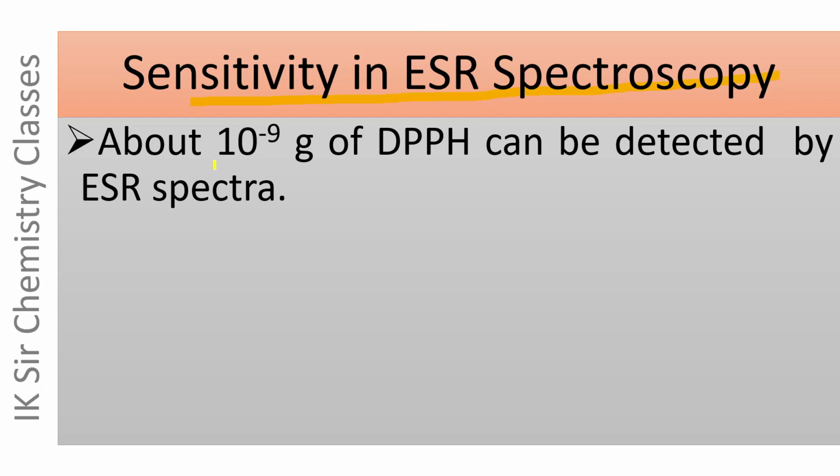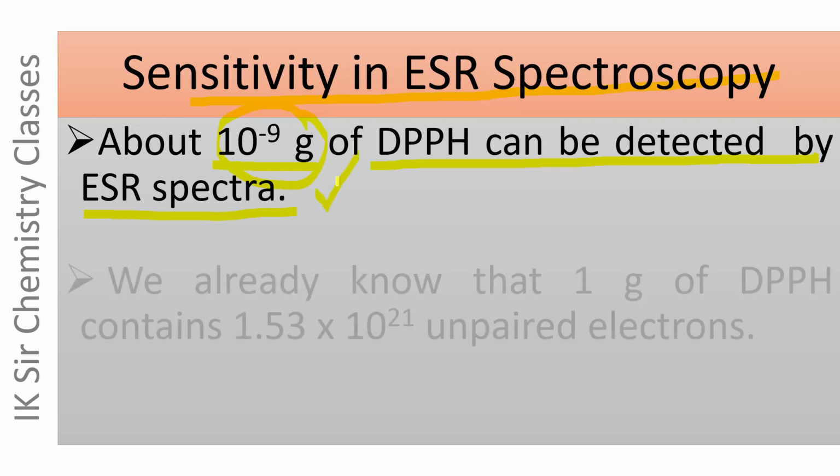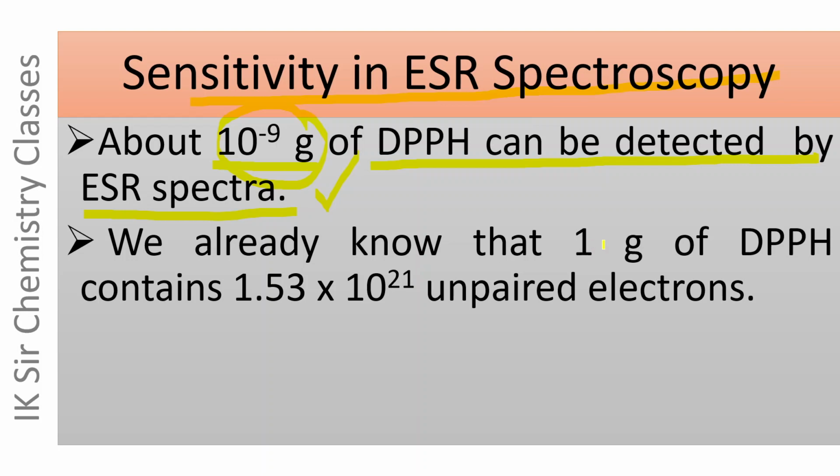About 10 to the power minus 9 gram of diphenyl picryl hydrazine can be detected by ESR spectra. This very small amount, 10 to the power minus 9 gram of DPPH, can be detected by ESR spectra. We have already calculated that 1 gram of DPPH contains 1.53 into 10 to the power 21 unpaired electrons,